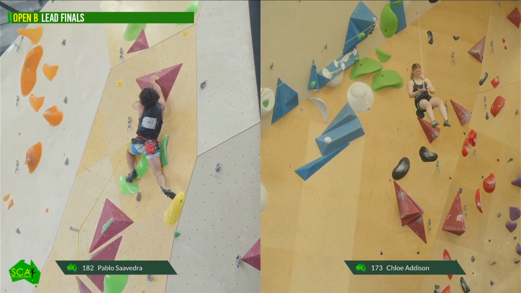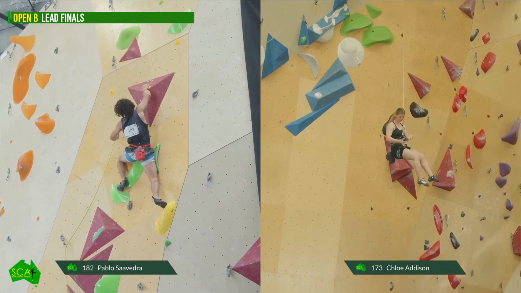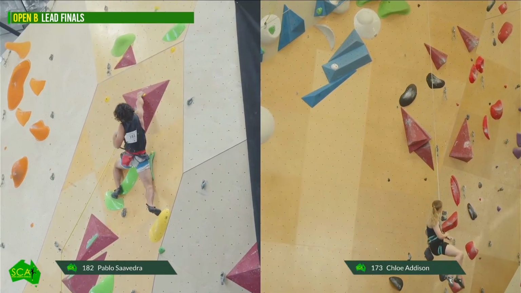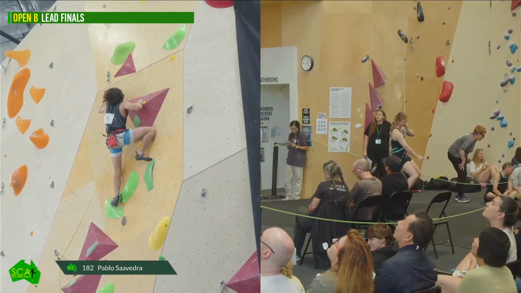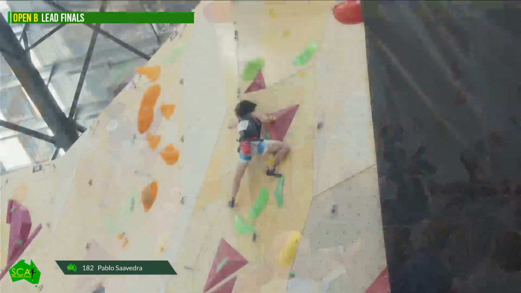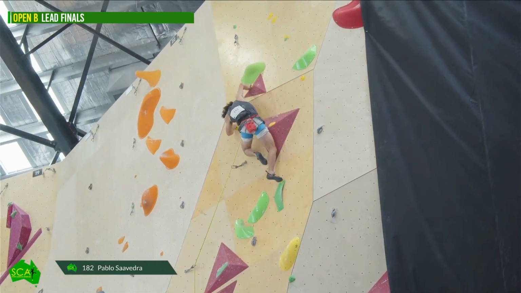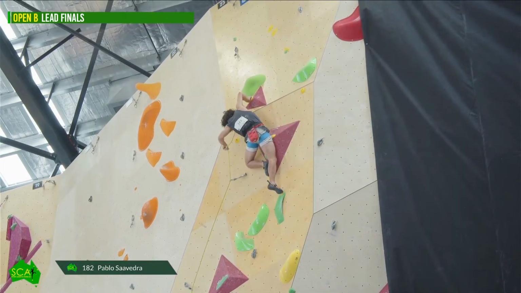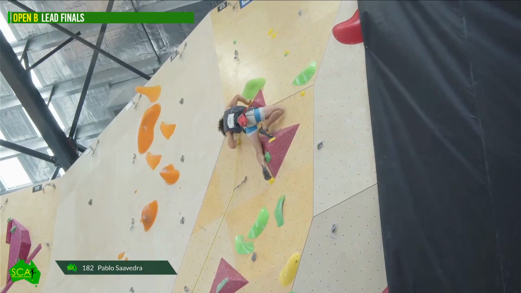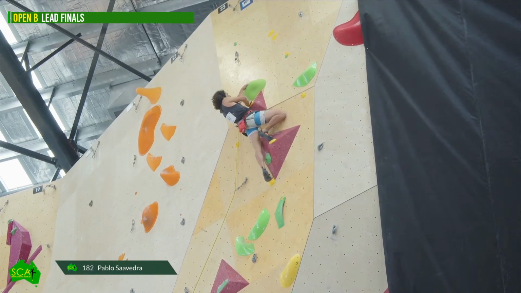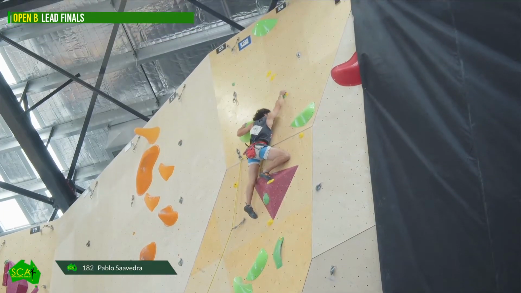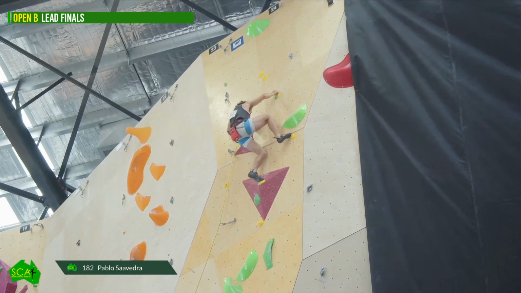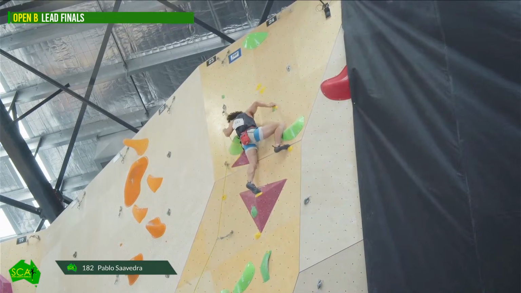Let's see if the crowd can get behind Pablo. Give him a bit of energy. He's getting a bit of a pump now. You can see him shaking out as he moves. And certainly did a couple of good qualifier heights. So come on now, quickly. Oh, he's got it. Okay, here we go. You know that this is a very small crimper move as we go. So confident. He's just moving fast.